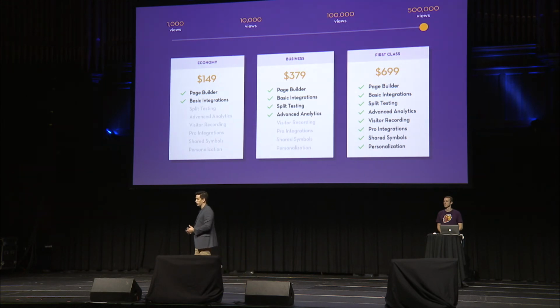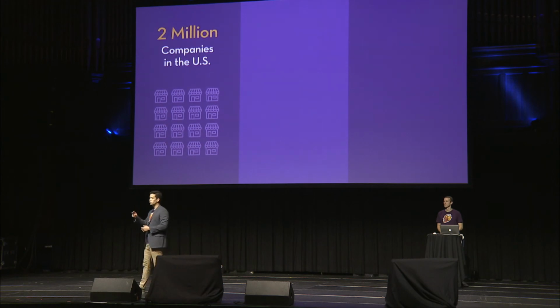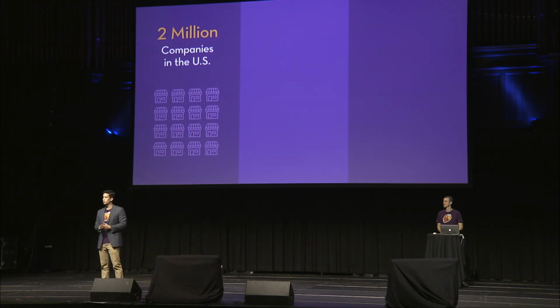And where do we see this going? Well, there are about 2 million growth-oriented companies located here in the US with less than 500 million in revenue. Most of these are in non-tech sectors and are just now discovering the ROI in digital marketing. And to replicate what Landing Line does, these companies would have to spend at least $5,000 a year in MarTech SaaS subscriptions alone. This means there's easily a $10 billion market, not including the consumer or global market, which we've